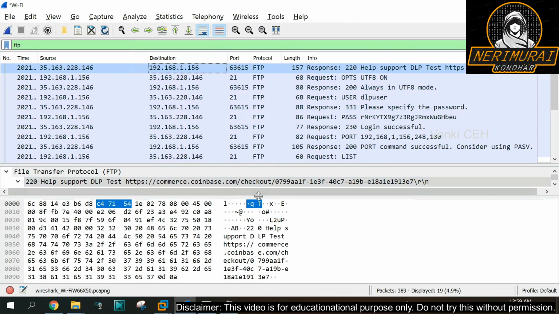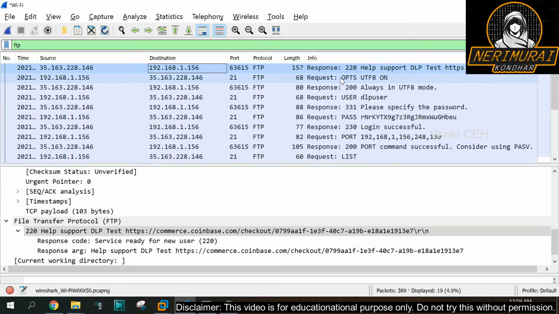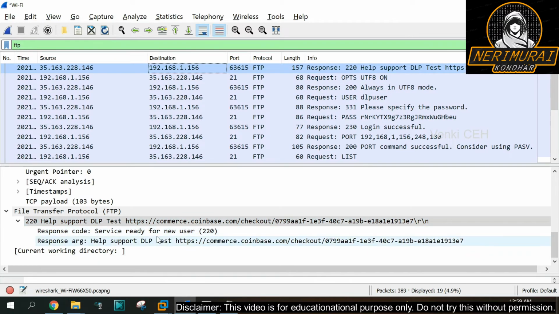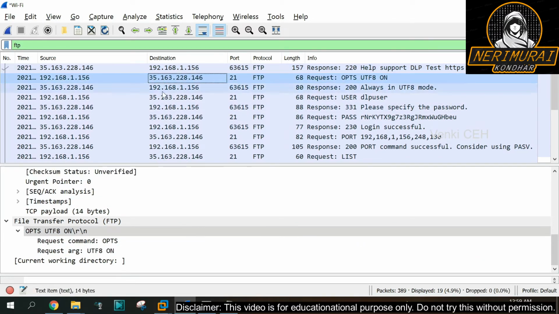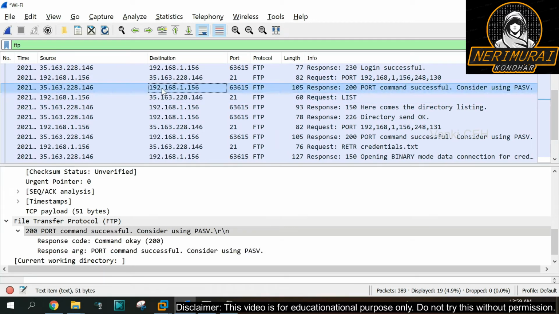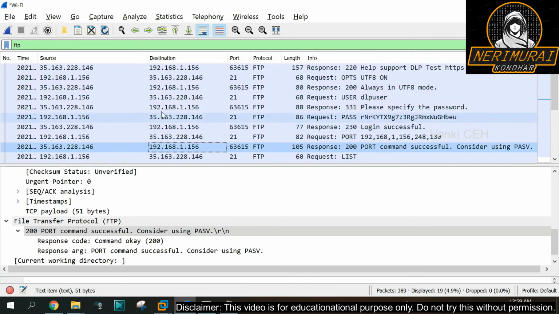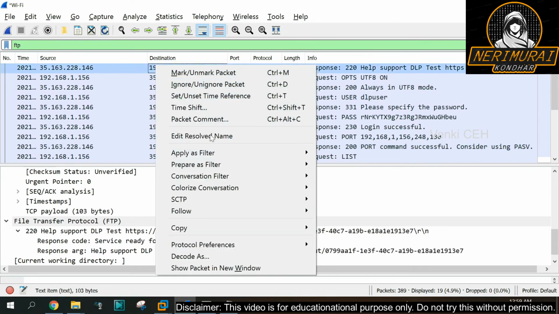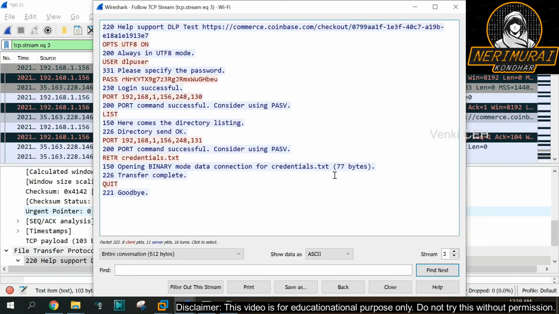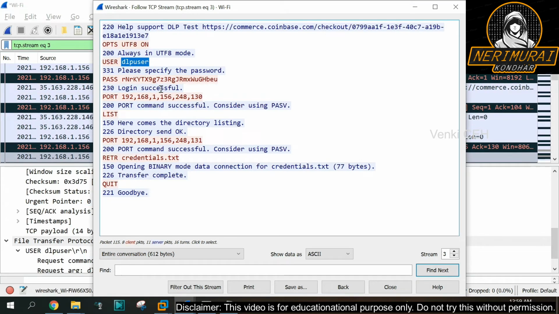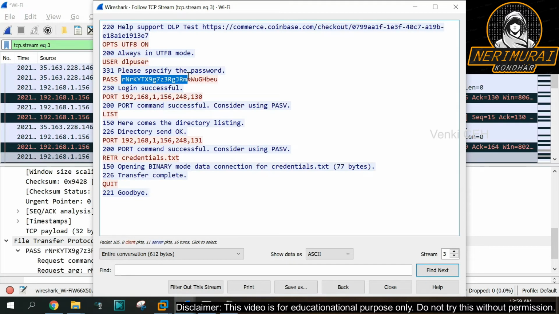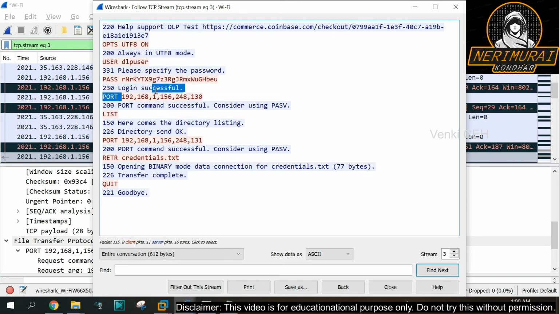As we enabled Wireshark already during our FTP transaction, let's see what has been captured. I filtered only FTP here. Let's open any one of the FTP responses and then go to filter, TCP stream filter. Here you go. We can see the complete operations, whatever we have done during our FTP connection, it's all captured